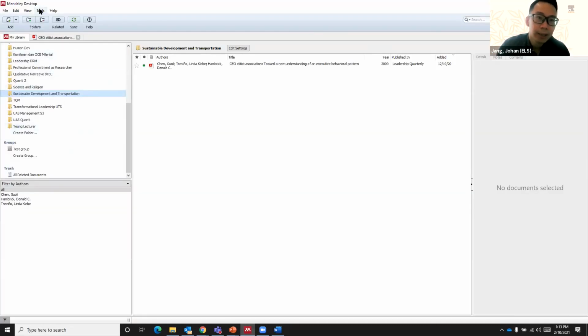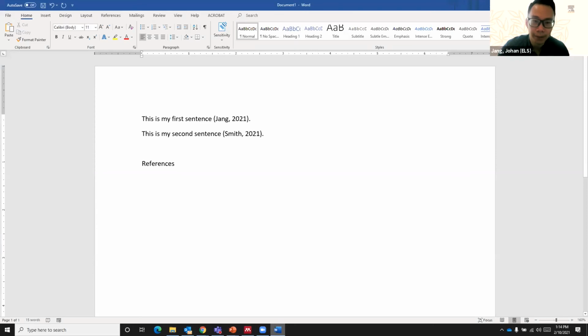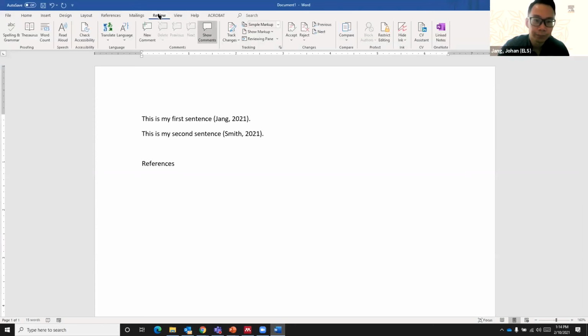We need to first install the Mendeley plugin to your Microsoft Word. So just click Tools, and click Install MS Word plugin. Myself, I already installed the MS Word plugin. That's why you see uninstall over here, right? But the default is Install MS Word plugin. Just click and then just click Next, finish. And then after that, once you open your Word document, go to